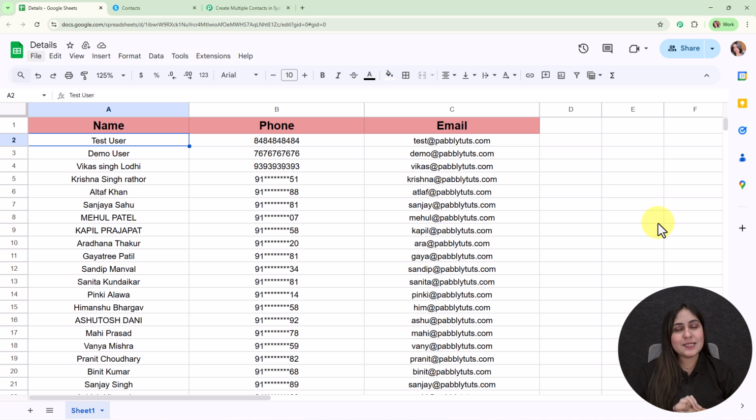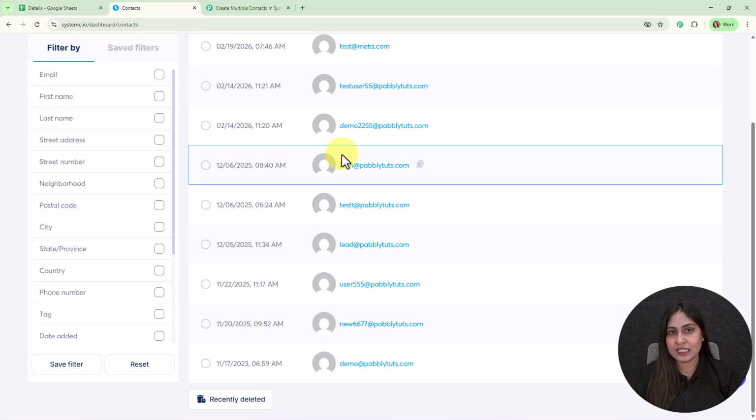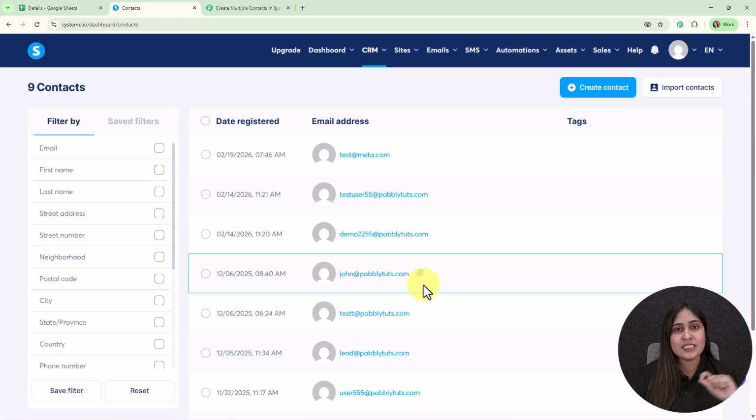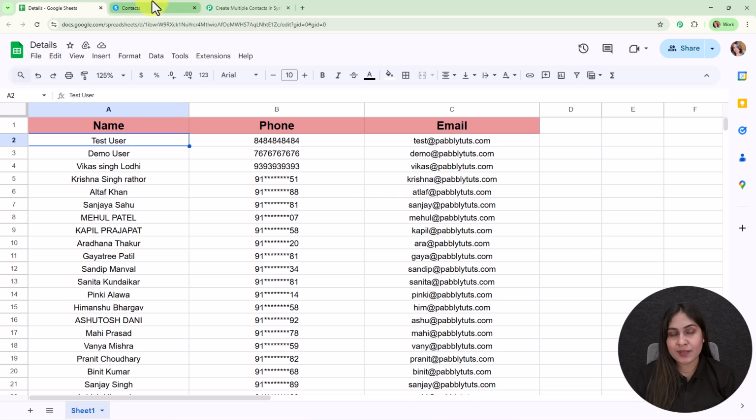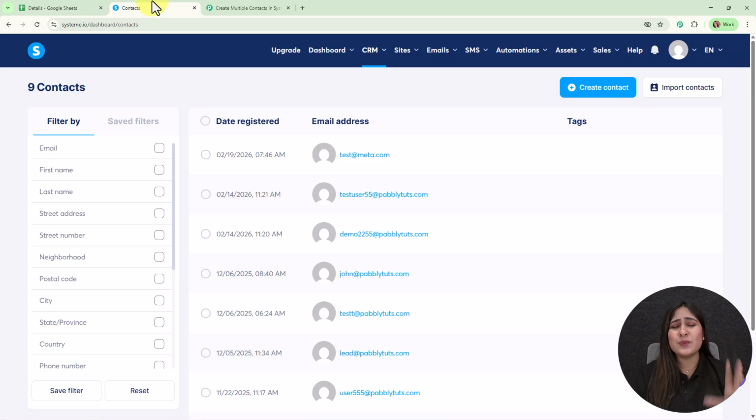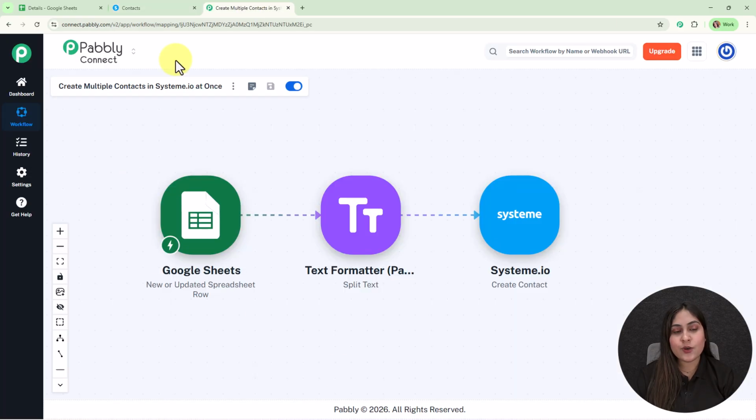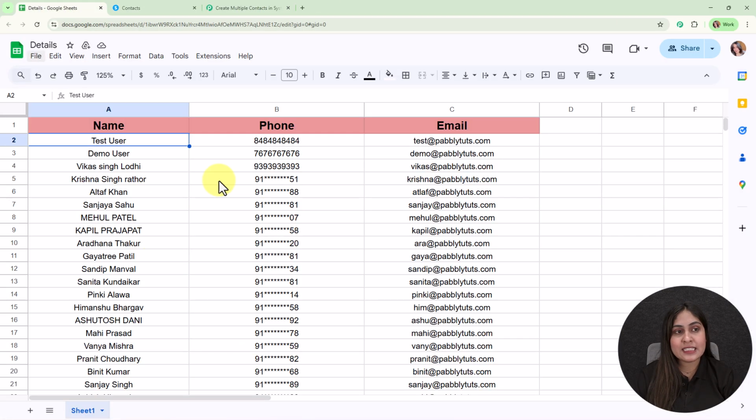Screen, you can see the spreadsheet that I have with all my lead details. And here my objective was that I wanted to create these leads as a new contact in my system.io account automatically. But manually creating these leads as new contacts in my system.io account was a very tiring task. So in that case, I have built this simple automation that automatically adds all my leads as a new contact